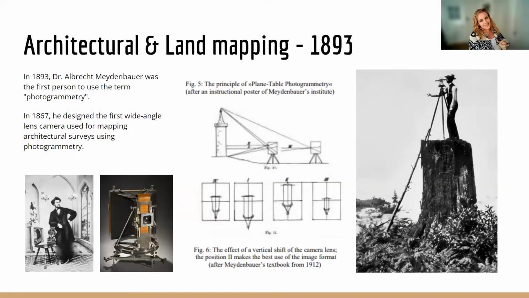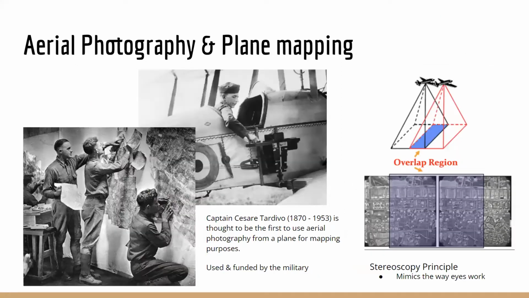But back to the history. 60 years after the advent of the camera, photogrammetry started being used in the field of land surveying and architectural mapping. So Dr. Albert Meydenbauer developed the first wide-angle lens camera, and photographs from this camera were used by mapmakers to map the terrain by intersecting and plotting ground control points directly onto the photographs. And then another 50 years later, the military started placing cameras on planes and using aerial photography to produce accurate